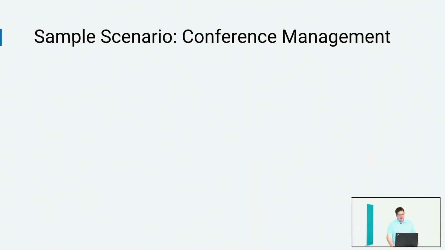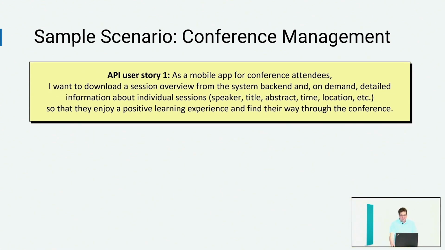And I have a short and very simple scenario. Let's suppose we are a company that manages conferences. And we have some simple use cases there. One use case is that we want to have a mobile application where visitors to our conference can browse for sessions, build their schedule, and look at some further information. So nothing fancy, but we need to fetch data from the backend. We need to make sure that it's the correct data and that the performance is good enough